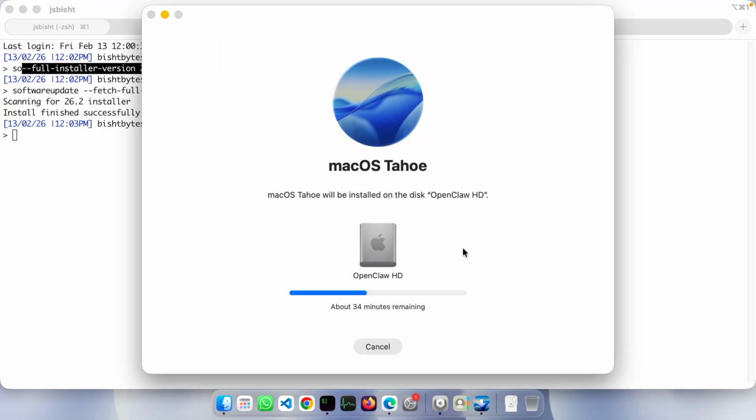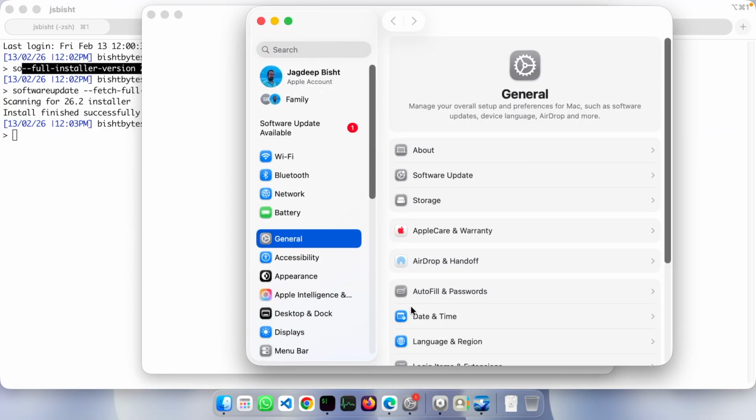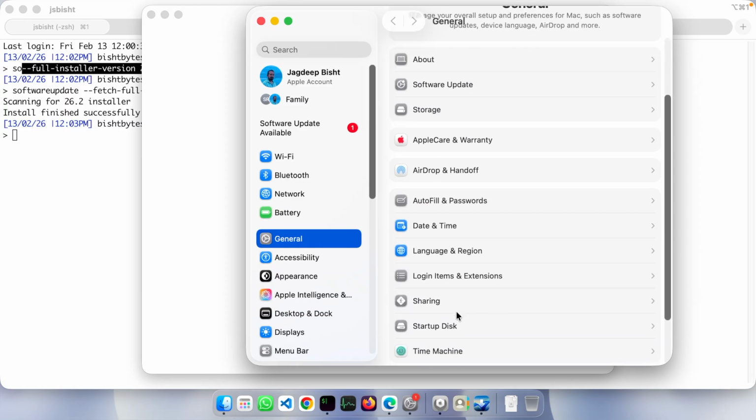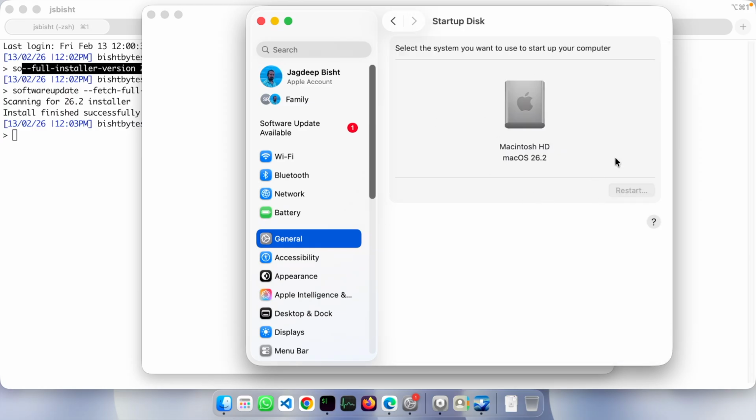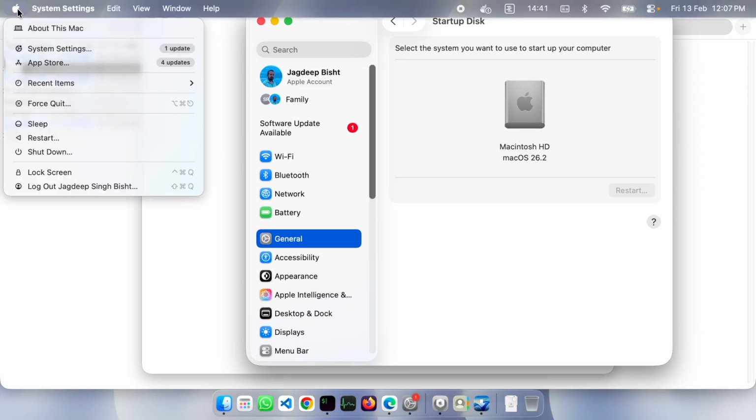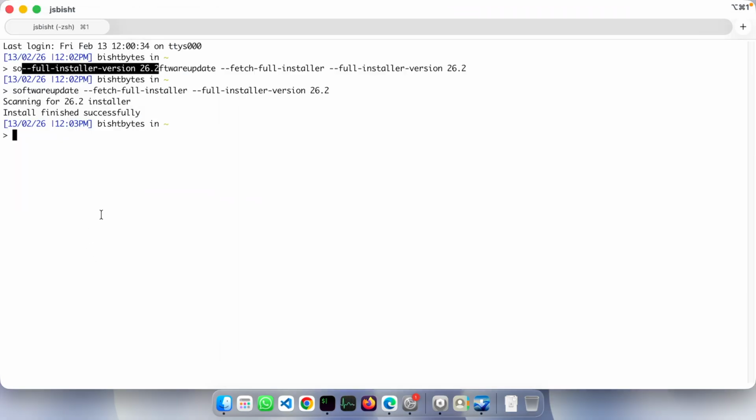So once this is done, you can configure it through startup disk and choose which one you want. And even if you choose one as the primary and you have to switch to the other one, what you do is shut down your system. You go here and choose shutdown instead of restart. You shut down your system, and